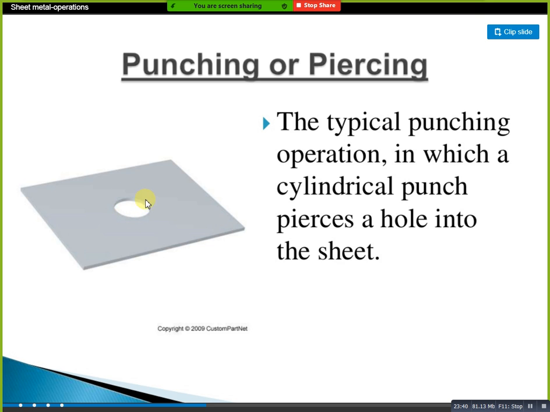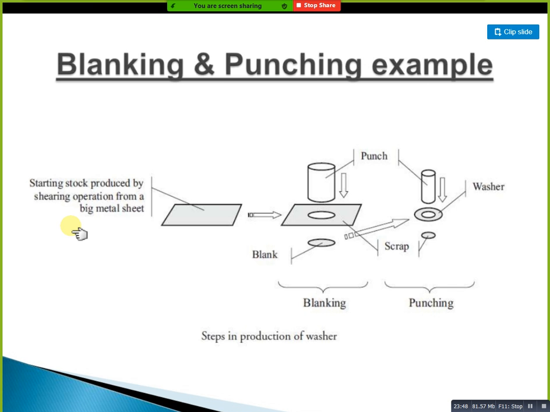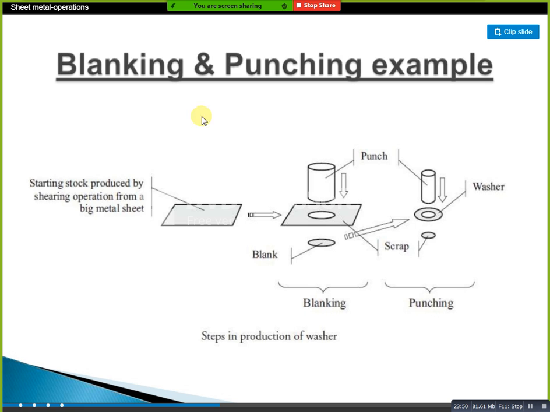Now you can see we have the differences between blanking and punching. This is our sheet, and you removed some portion. If the removed portion is useful to us, that condition is considered blanking. If the remaining portion is useful to us, that condition is considered punching. For example, in this sheet I need one hole, so you use punching. Take washers: we remove the center, and we use the main washer portion, so you consider it punching.